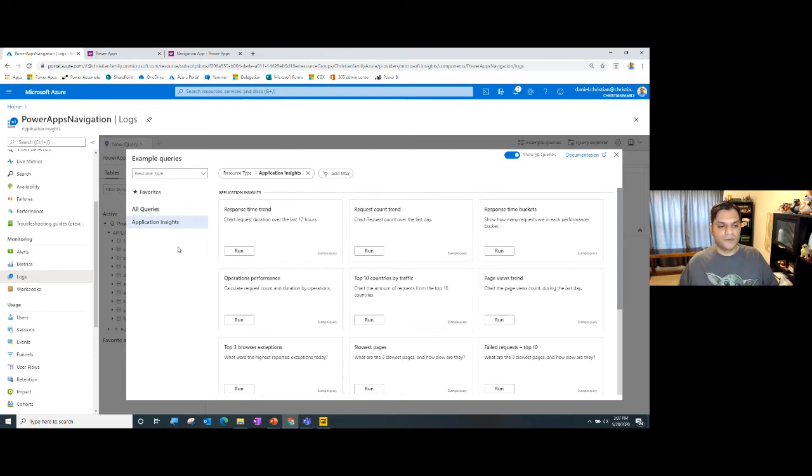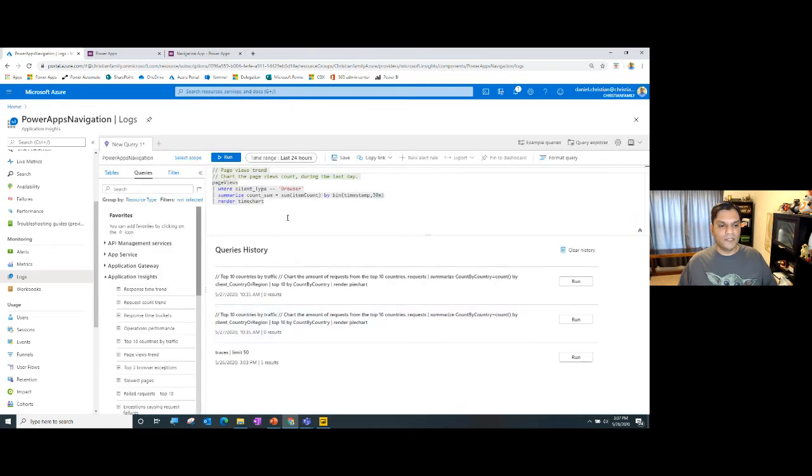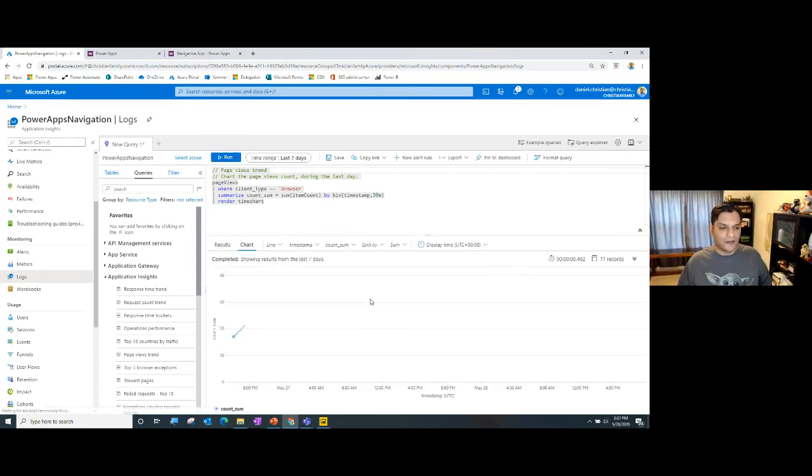So what I'm going to do is actually try to replicate something, and I come over here to load to the editor. And here, very similar to what a SQL query looks like, this is what it does. So I'm able to click on the last 24 hours. Let me switch that over to 7 days. And it already has the query for you. So I didn't have to write any query. I did not need to know SQL query code or anything. I just clicked on that, and I'm going to go ahead and click on run.